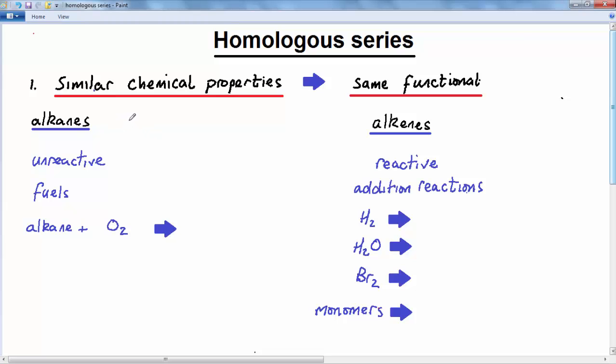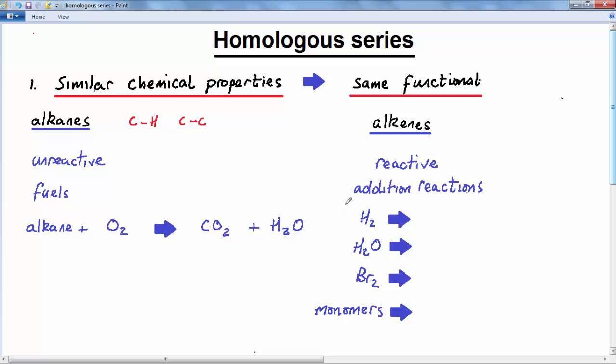So the alkanes consist of carbon and hydrogen bonds and carbon-carbon bonds. This actually makes them quite unreactive and a little bit uninteresting from a chemical point of view. They are useful for fuels. So alkanes will burn in oxygen to form carbon dioxide plus water always. I can't balance that equation because I haven't specified the type of alkane here, but you will always get carbon